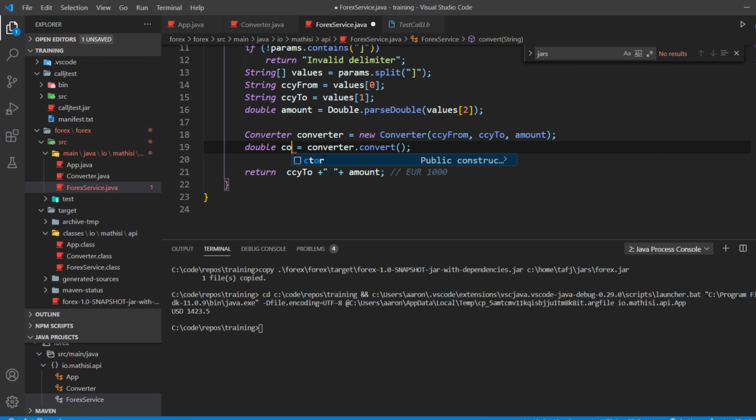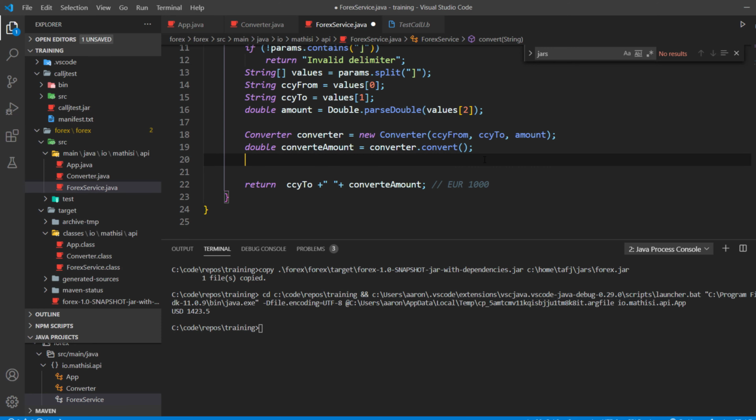Converted amount, yes. Let's have this as converted amount, because we already have amount declared there. Now we're going to check to say if converted amount, make sure I put it in parentheses, equals -1,